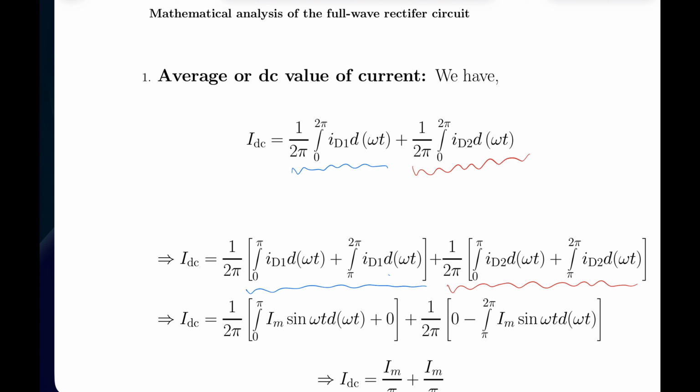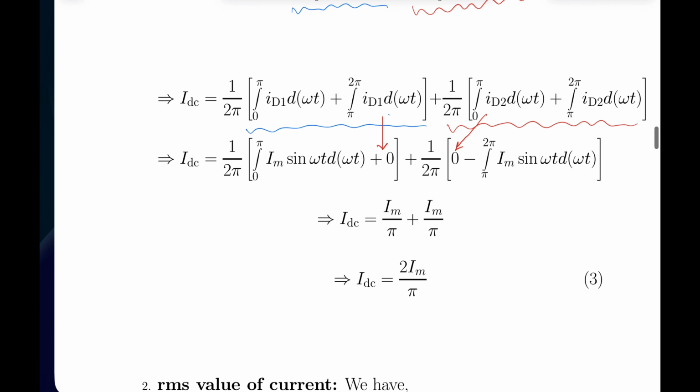And for the second part, this is 1/2 pi integral from 0 to pi ID2 d omega t plus integral from pi to 2 pi ID2 d omega t. Now this term is 0, okay, because current in the period pi to 2 pi is 0 through D1 diode. Similarly, for diode D2, current is 0 for the period 0 to pi. So this part gives you 0 here. Okay. So we are left with